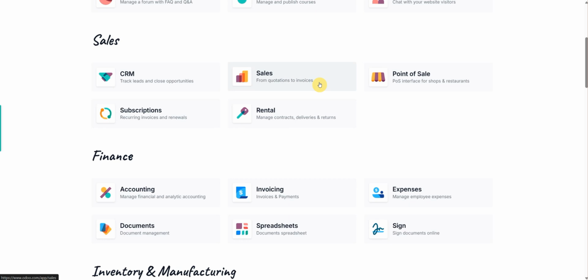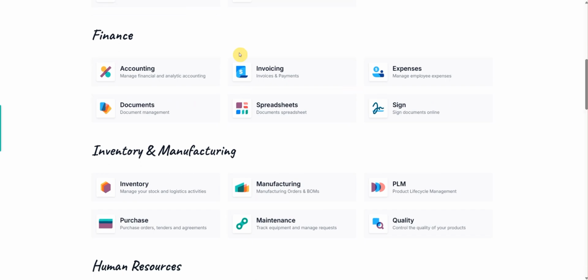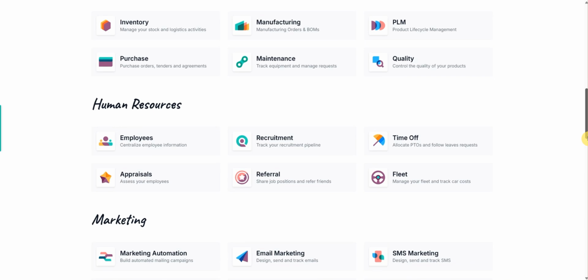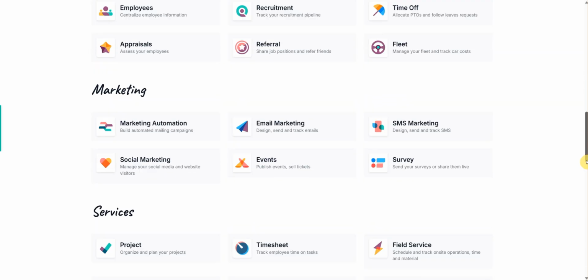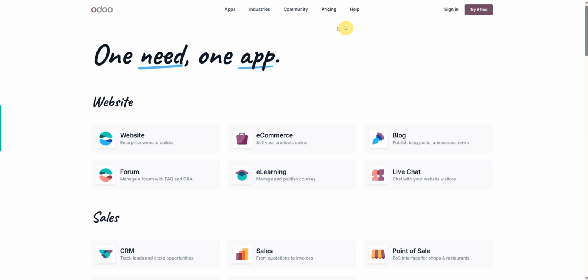quotation and invoice app. You can even have a point of sale. So if you have a physical shop or restaurant, then you can use this app. You can do subscriptions. You can do rentals. There's also some finance apps available. Inventory management, human resources. So they have a lot of apps,